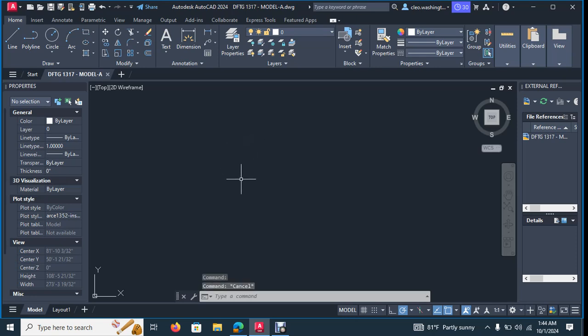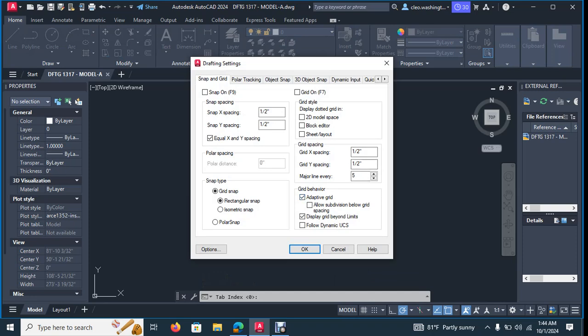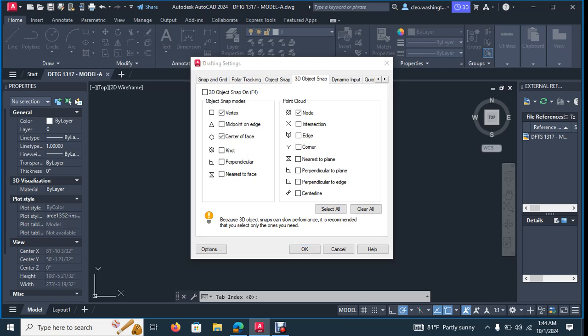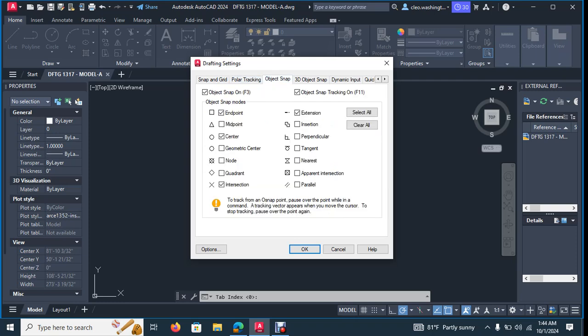Okay, so first things first, and this is one thing that we did not cover. I want you to go down here and click this down arrow next to the snap mode menu, and click on snap settings. Go to 3D object snap settings and click select all. Also go to object snap settings and click select all. This will turn all your snap settings on, and you'll see why this is important as we start drawing on